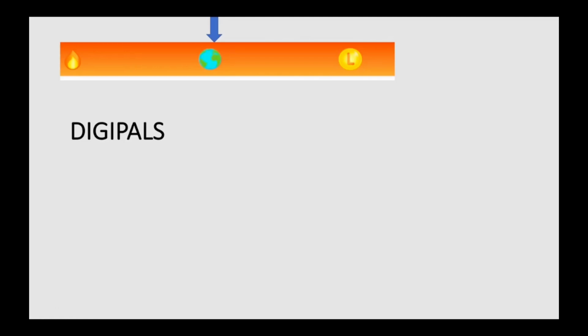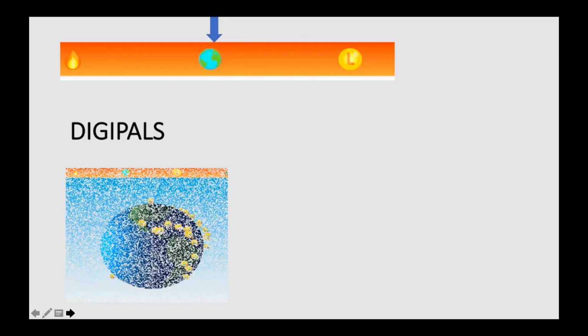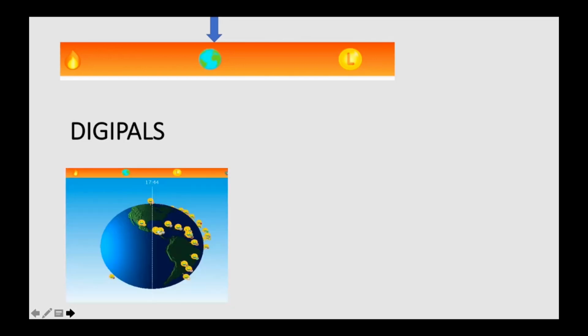So the digital section is, you see the globe here. There are emojis representing the countries and nationalities where Little Bridge is used. Right now in Uruguay, they are using Little Bridge, so you can start connecting with students if your students are able to read and write in English. With short phrases, not really. They are not going to write an essay or a paragraph or a book or an article.